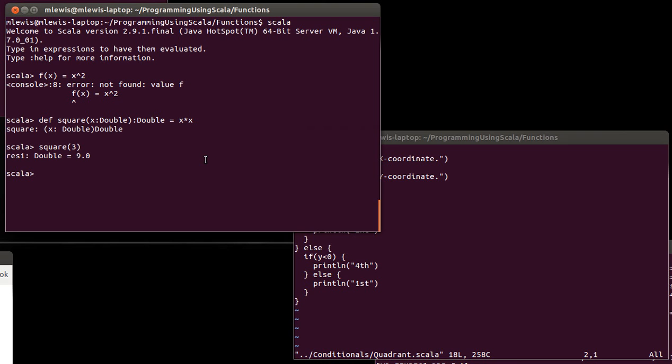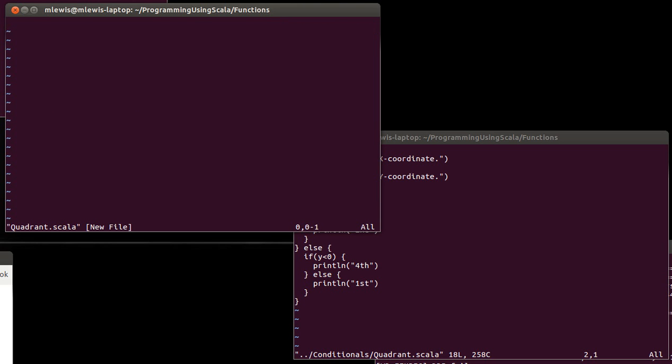Well, what I'd like to do here is make another version of this, but I want to make a version that uses a function, and I want it to return to us not a string, and I don't want it to print anything. I want it to return to us, to give back, an int that is the quadrant that the point is in. So I'm going to def